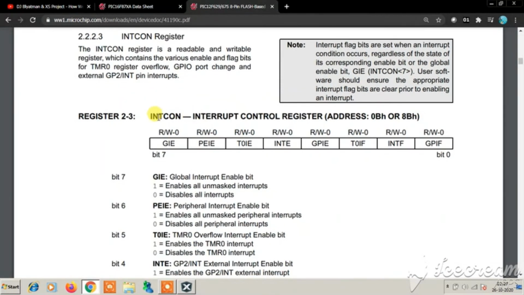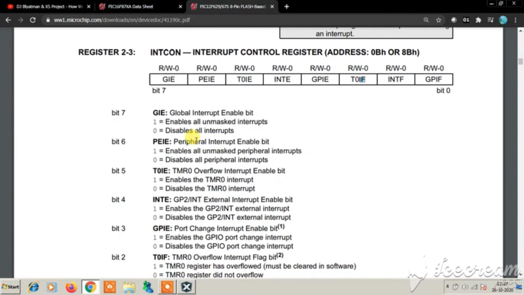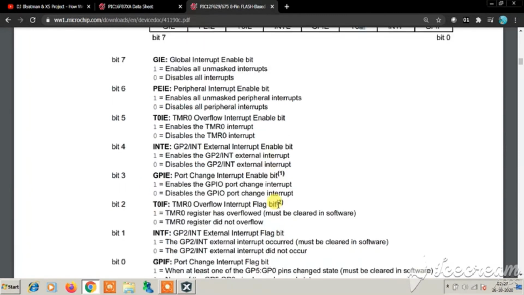Also moving below, INTCON, same name, the same register description: GIE, PEIE, T0IE, INTE, GPIE, T0IF, INTF, GPIF. So you know E is for the enable and F is for the flag. This is the peripheral interrupt enable, GIE is for the global interrupt, INTE is for the external interrupt enable bit.